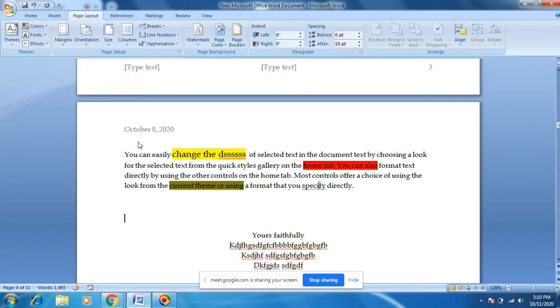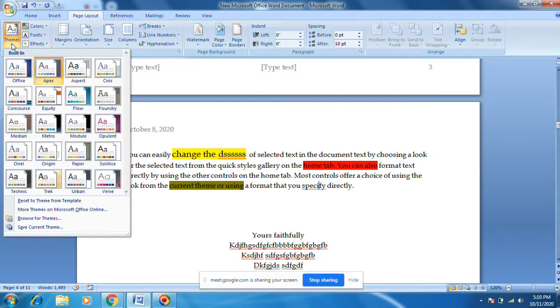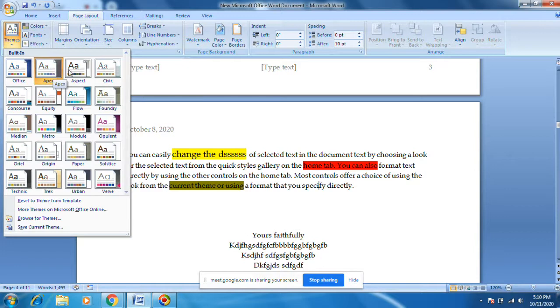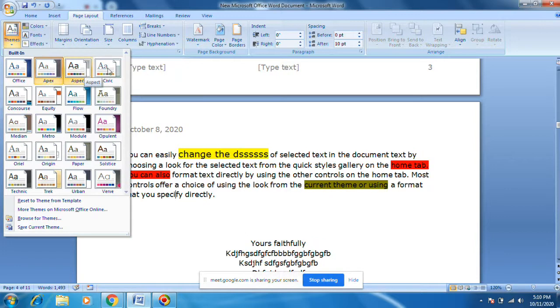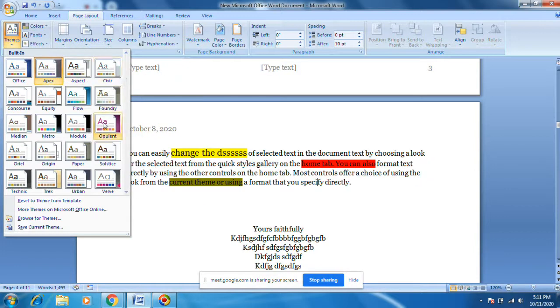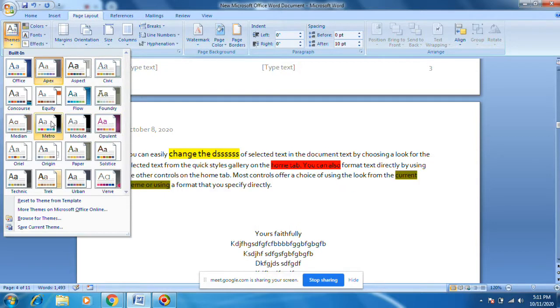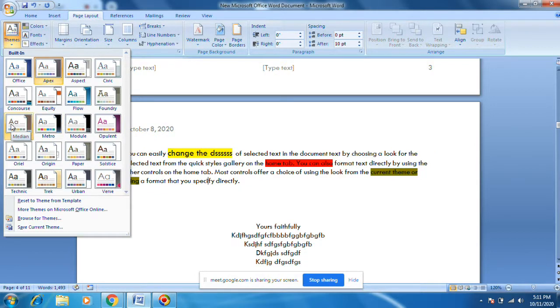I think the entire page will follow this theme only. You see the themes changing, the font size is changing, and then the font style is changing. Everything is changing. Whatever theme you wish, you can change.